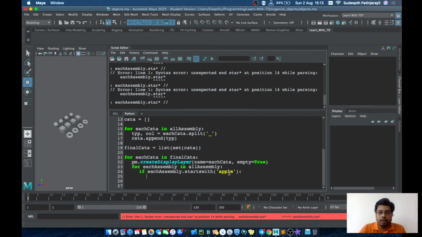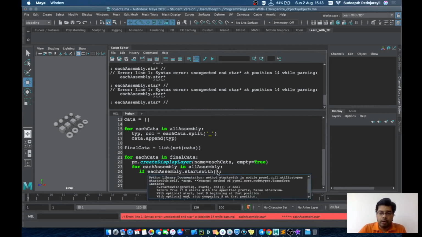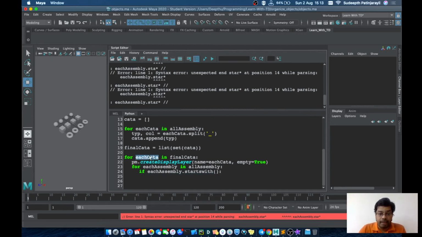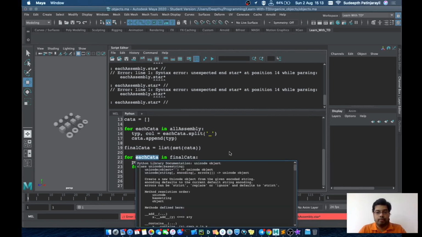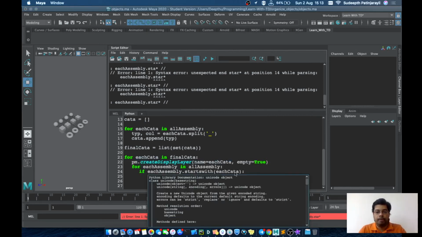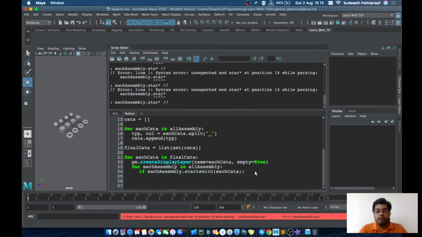It will be checking whether it is starting with apple. For our situation, this is not apple, it is the category name. So we will copy this and paste it over here, and this will be the category name.